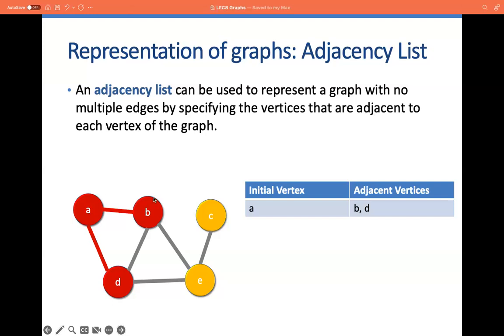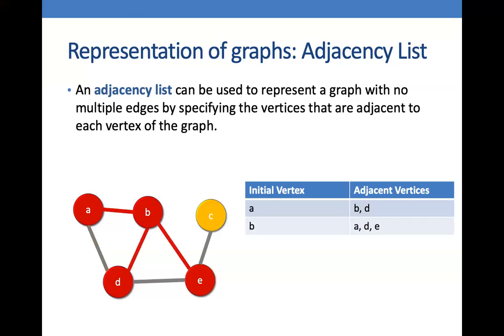So we have to go through each vertex one by one and list down all of their adjacent vertices. For B, the adjacent vertices are also A, D, and then E. As you can see, this graph is undirected. Okay, that means that